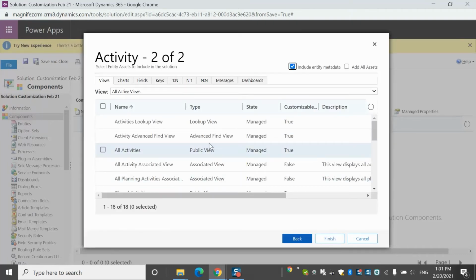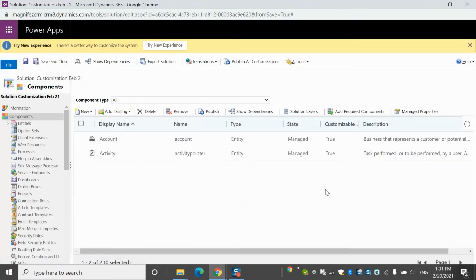Very similar to that, the next entity is activity, 2 of 2, where if I have made changes only to all activities views, I need to select that. Once I'm done, click finish. So the components of these two entities will be added to my solution, that you can see. Now if you feel like some of the required components of this entity are not added to the solution,